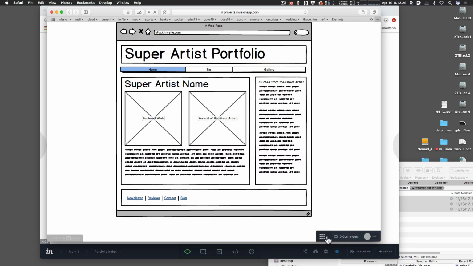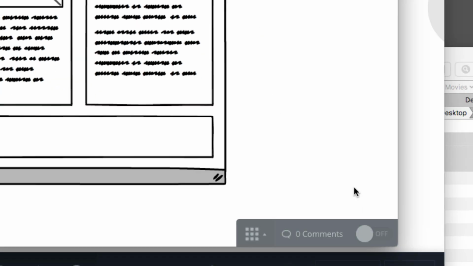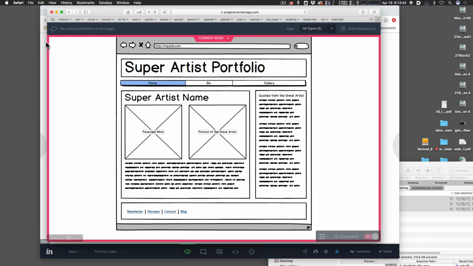So you can see down here at the bottom, you don't have all these buttons, but you do have a comment button, right? So it says 0 comments. I can click on this button down here that says off and change it to on. And now we're in comment mode. And you can see you get this pretty fuchsia kind of pinkish line around there. And I can click anywhere I want now. It says click to leave a comment. I'll click here and I'll say,